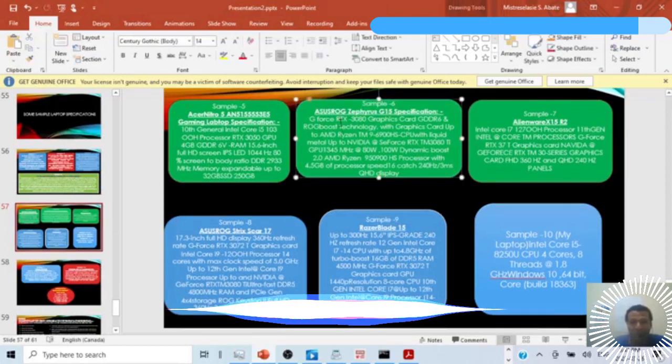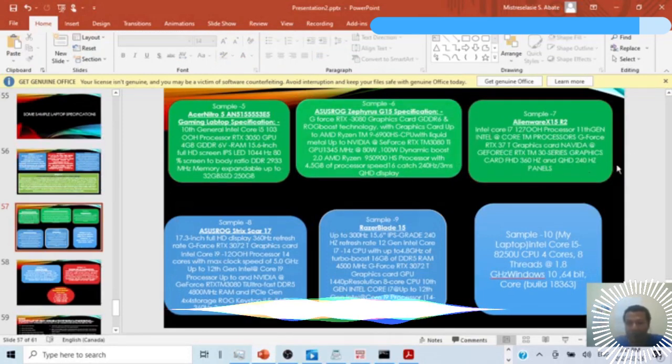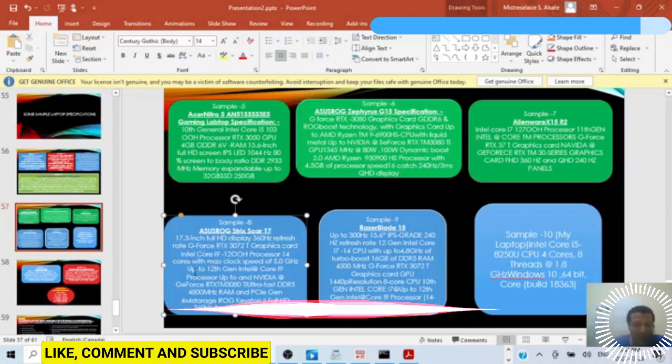And this one also has a GeForce RTX 3080 graphics card, DDR6 and ROG Boost technology. And this is AMD, now it's not Intel, you have to differentiate that. Intel Core i7, and this is also another ROG, this is also SCAR 17-inch, 360Hz refresh rate display, GeForce RTX 3070 Ti graphics card, Intel Core i9 processor, 14 cores,